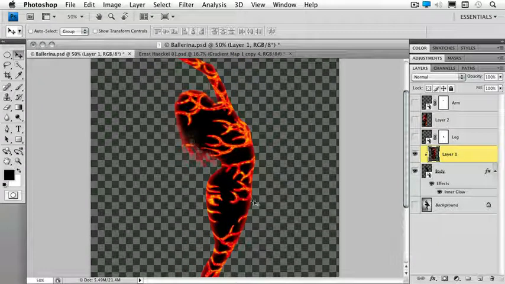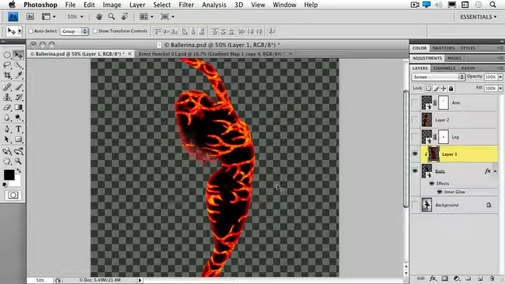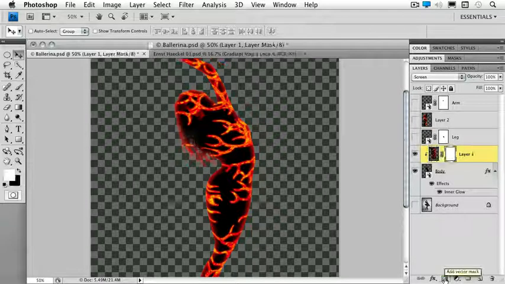So that looks great. Now, because we've connected the transparency of these two layers together, the foreground is picking up the inner glow, which looks pretty good. But we actually want a little bit more to show through than that. So the next thing we're going to do to our texture layer is change its blend mode to Screen. And we're mostly doing that so that we can see an area that we want to mask, something that we want to clean up. And I'm going to come down here, click on the Add Vector Mask button,